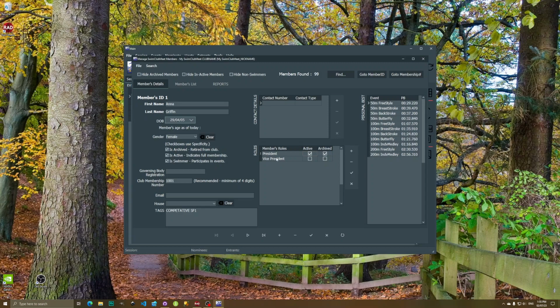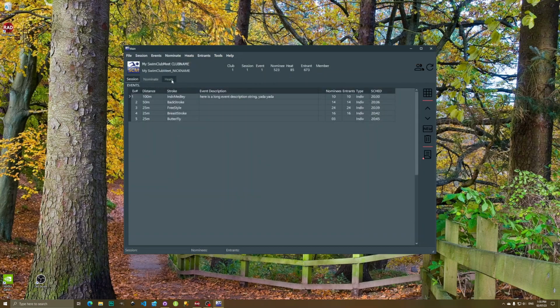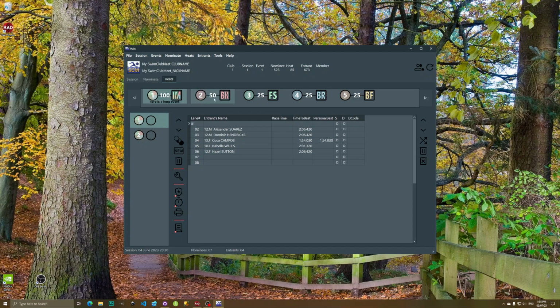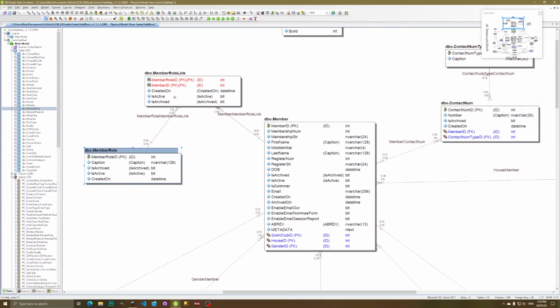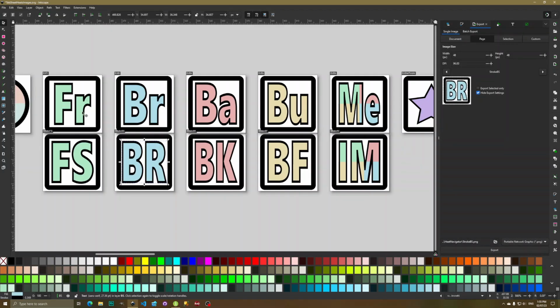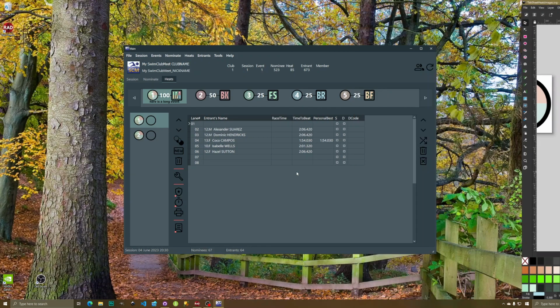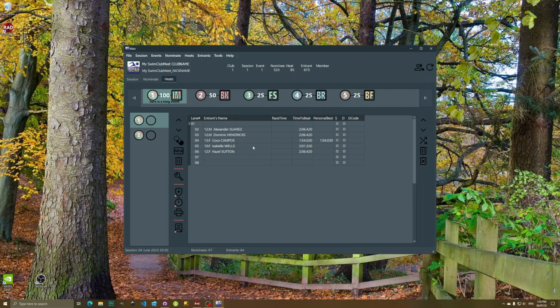And then what else we need? Got to show you heats. I've changed the graphics here for each event. I just want to standardize it a little bit more. I came up with my own terms, to be honest. I thought it was a bit easier to read, but we've got to keep to the standard. So I've rebuilt them, as it were. And there is other stuff I've done,